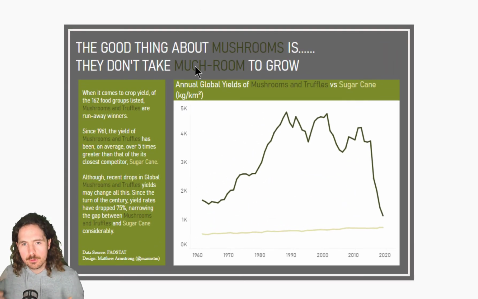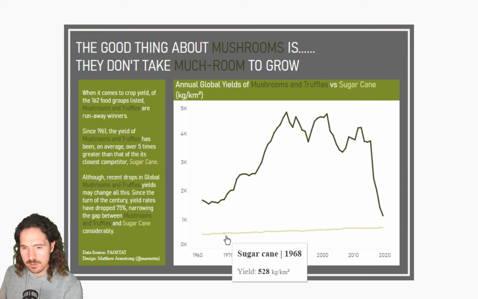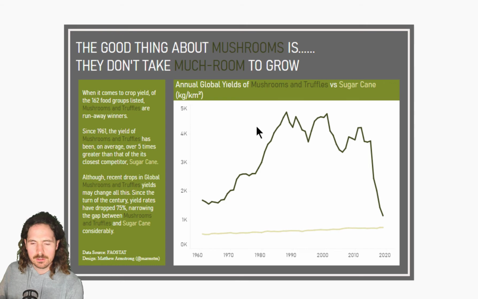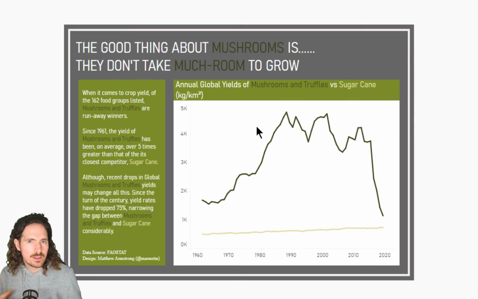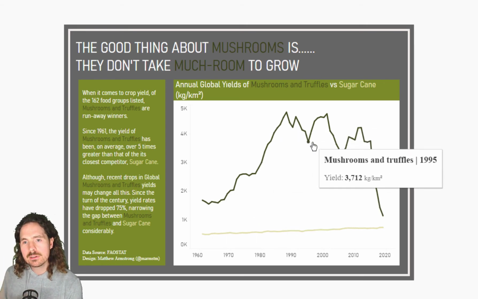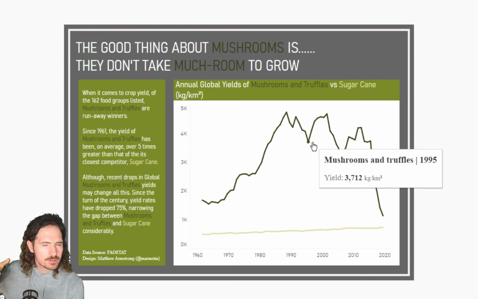Oh, the good thing about mushrooms is that they don't take much room to grow. Points for the pun straight away. Text heavy, you know? Fine. There's not a lot to it. You have information here, sugarcane, and mushrooms and truffles. Maybe it doesn't hit out at you, but if it's not about going into depth of information, reading some text and then supporting the claim with the data, it's a different way of looking at it. And like I say, I enjoy it. And yeah, it's strange to do a Power BI based video to look at Tableau reports. I understand that. But